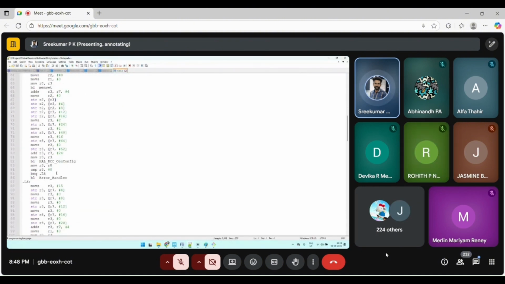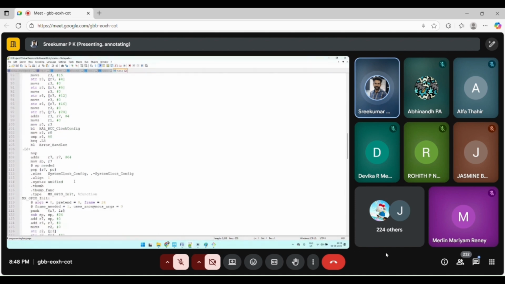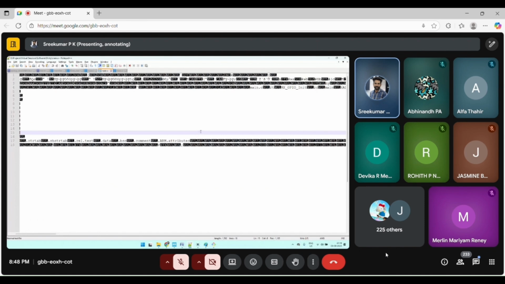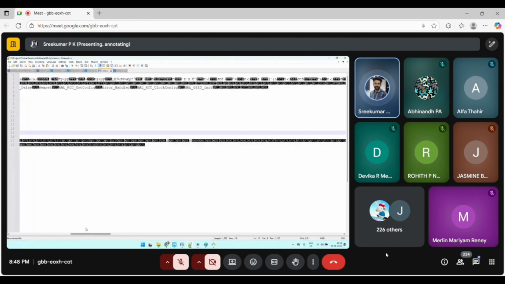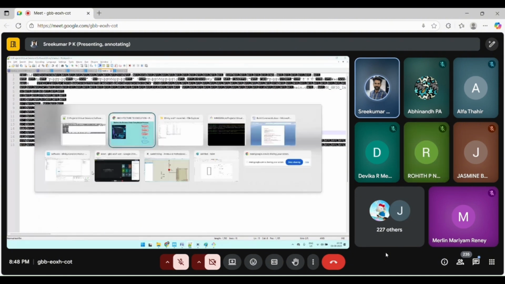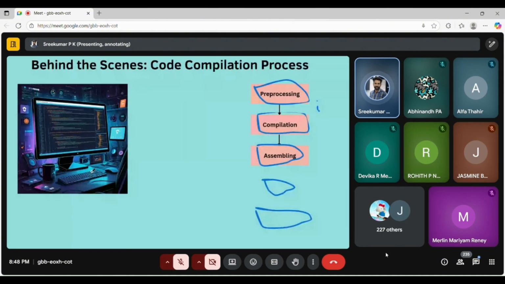Here you can see so many assembly language instructions, but so many unresolved symbols also. It is unresolved, it is not at all converted to machine code. But here in main.o, so many addresses got resolved. But you can't read this main.o file just like this. It needs a different tool.